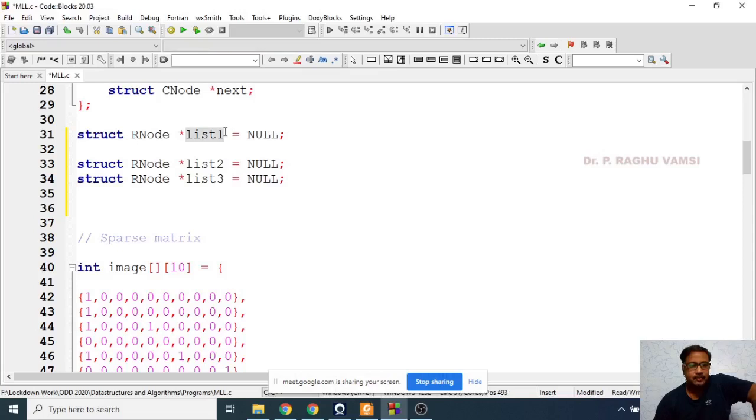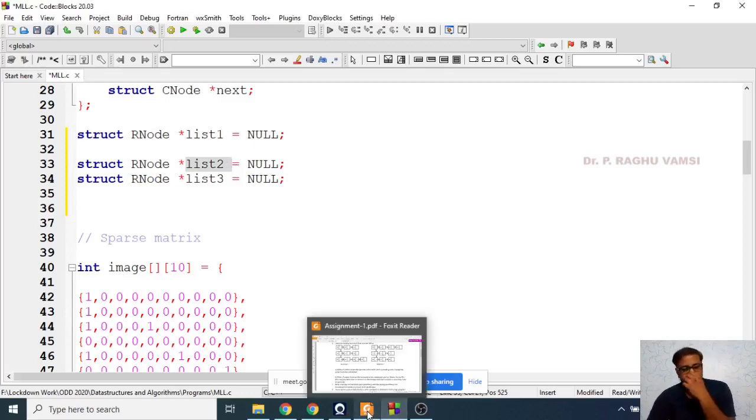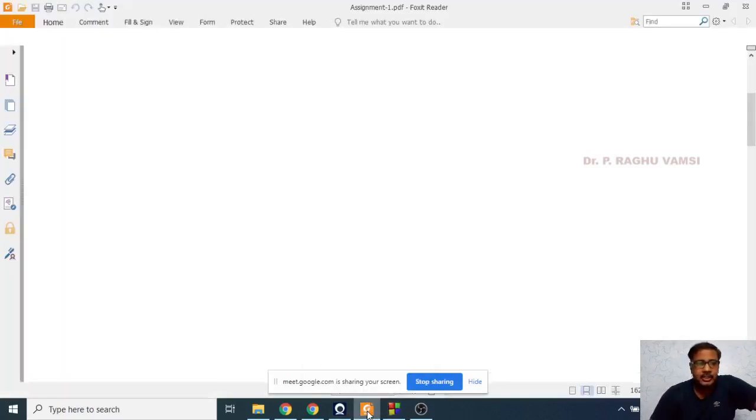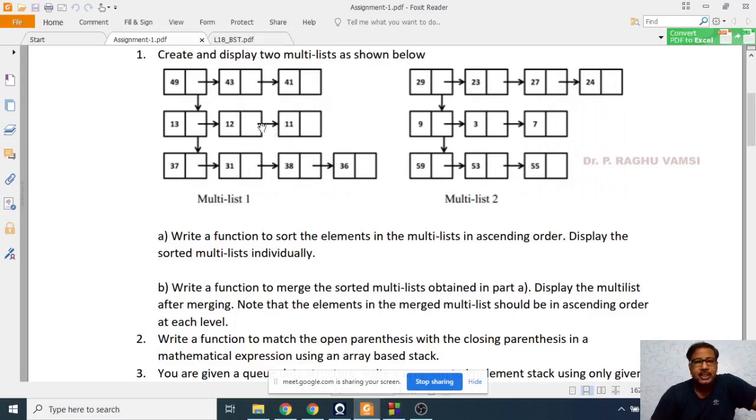Like that, you are supposed to do for the first list using this root pointer, that is list 1. And next, the same thing is to be done for list 2 also, in the multi-list. Now you have list 1 and list 2 in your hand. Now you are supposed to perform the sorting of the list, which I hope you might have done in the tutorial. The same sorting is to be done on these 3 rows. You may do it row wise or column wise, but column wise is somewhat difficult to do.